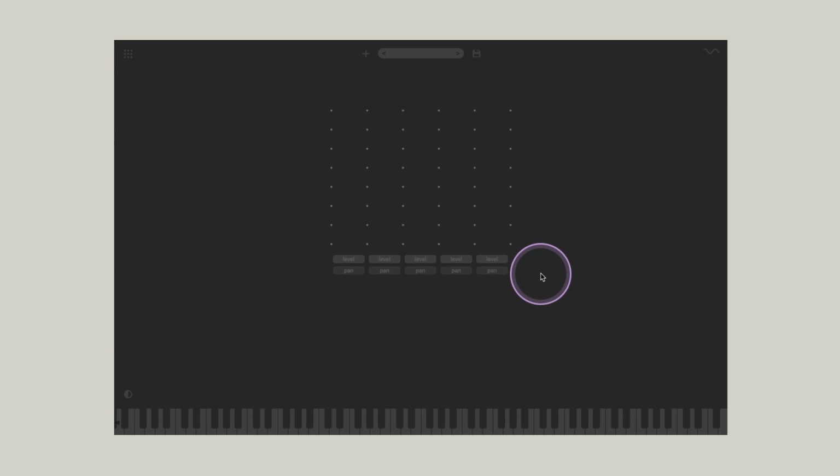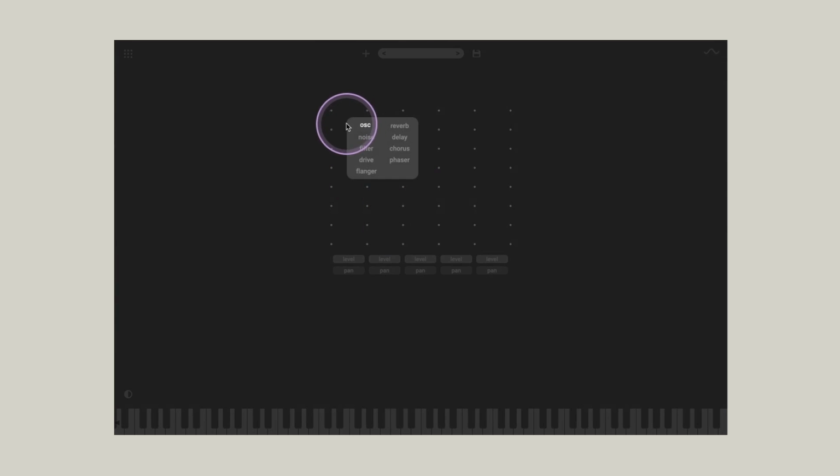How does this work then? You are presented with a blank slate when you open it. You see I press keys, but nothing really happens right now. So we have this middle ground where once you hover we have these pluses, and when we press a plus we see the options of blocks that we can add. So if we add a simple oscillator,